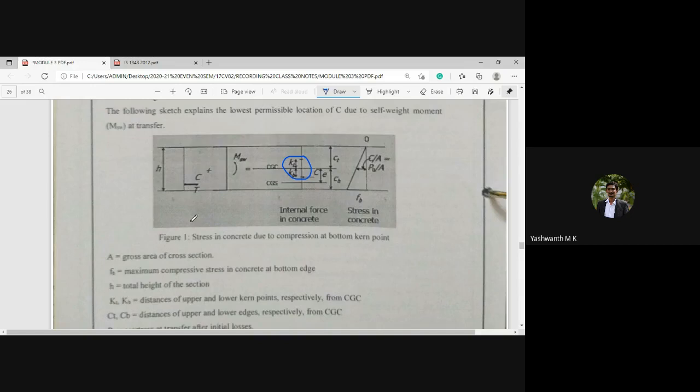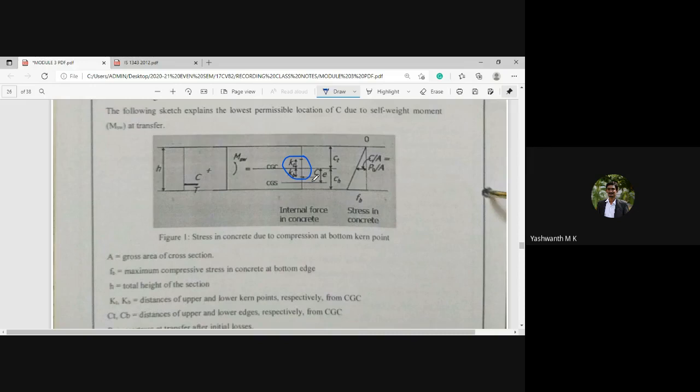H is the total height of the section. KT and KB are the distances of the upper kern point and lower kern point, measured from the centroidal axis of the section up to the resultant compressive force acting.